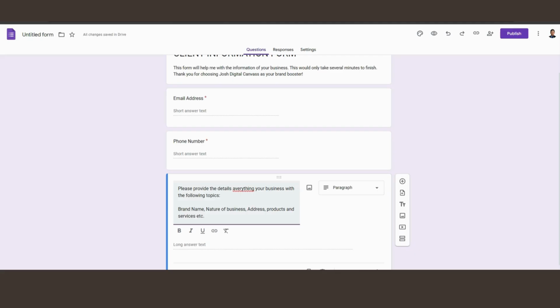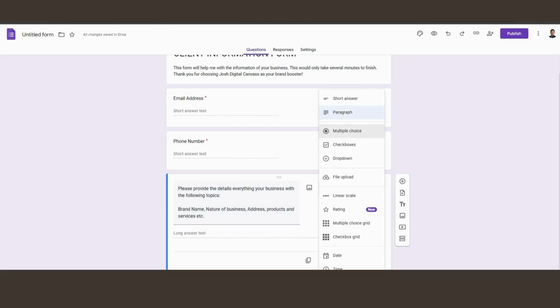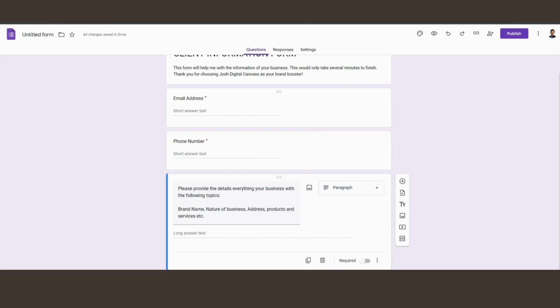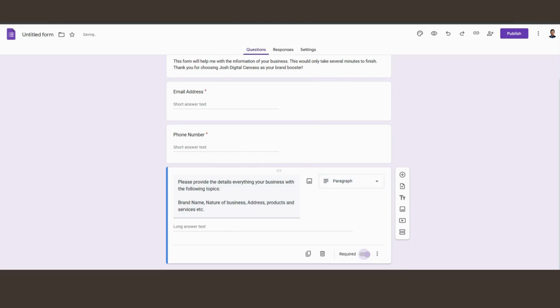And since the client will have to answer here a very long response, you have to choose paragraph, not short answer. Then turn on the required button.